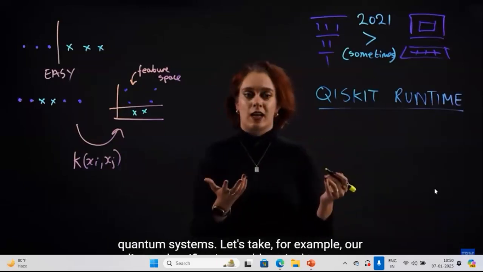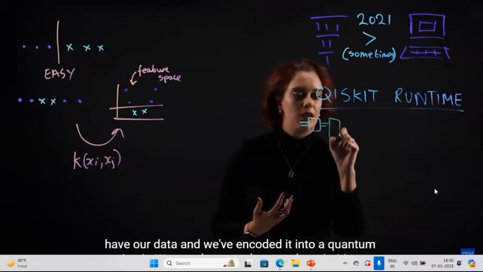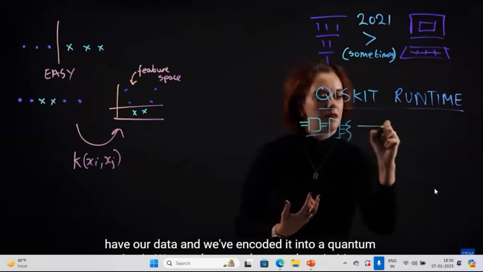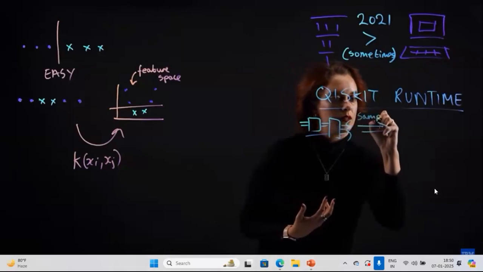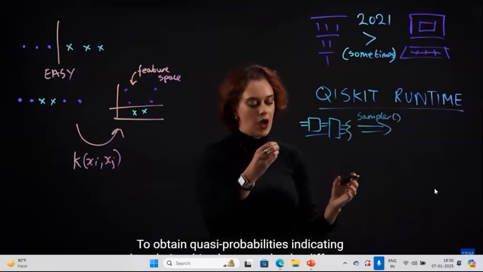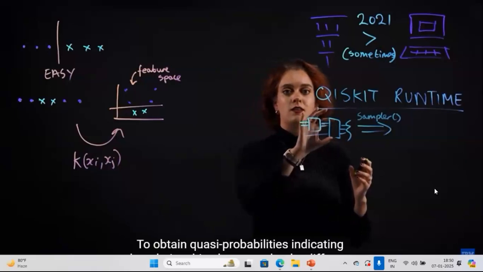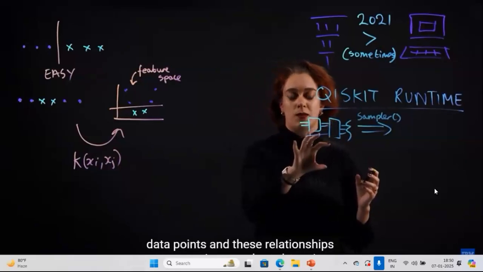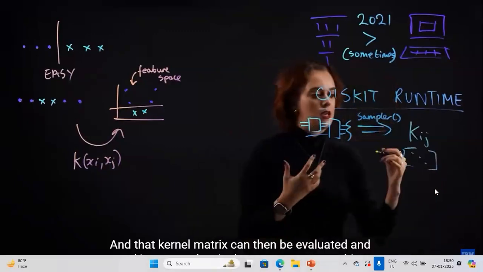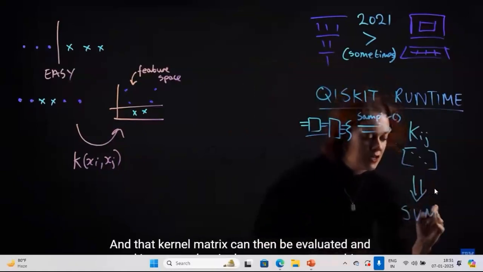Let's say we have our data and we've encoded it into a quantum circuit. We can then use the sampler primitive to obtain quasi-probabilities indicating the relationships between the different data points. And these relationships can constitute our kernel matrix. And that kernel matrix can then be evaluated and used in even a classical support vector machine to predict new